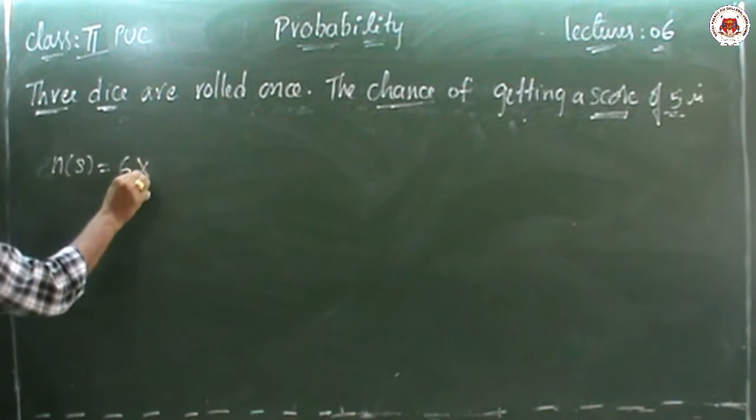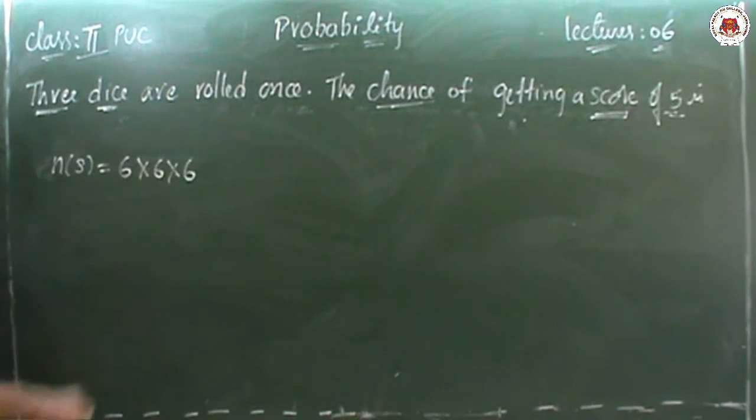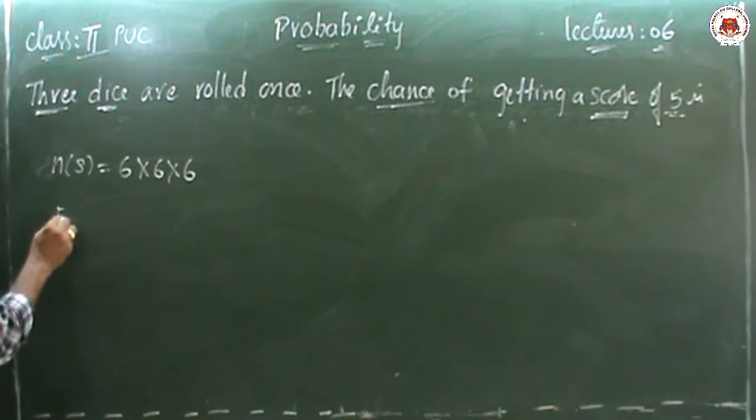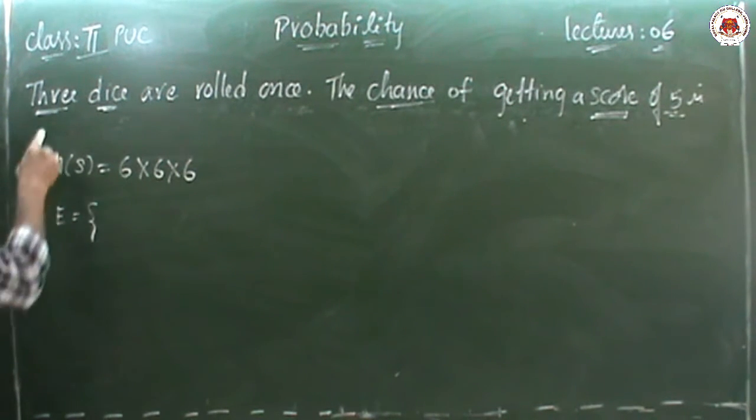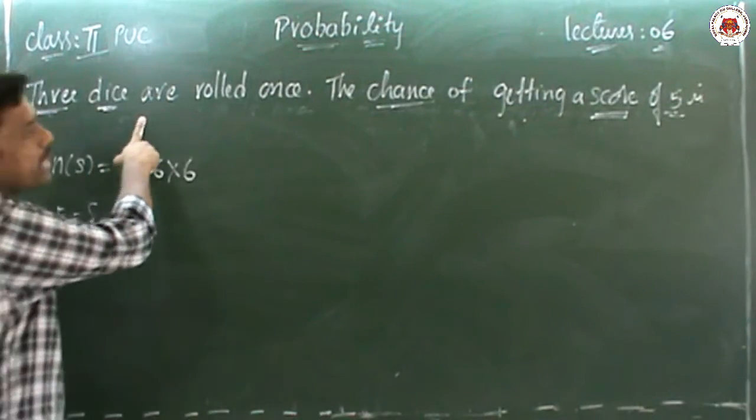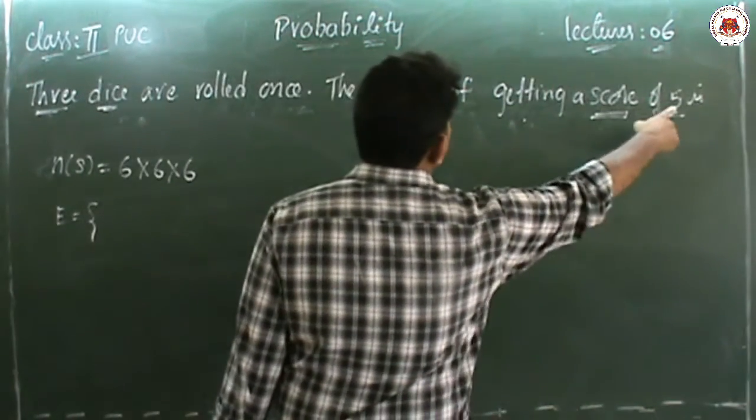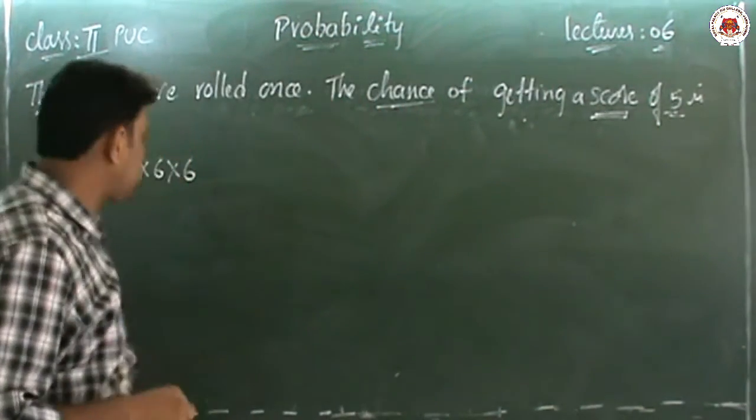There are 3 dice, so 6 into 6 into 6. No need to multiply, because of that it is easy to solve. That's why leave it there. Now, I am going to write event E. 3 dice are there. If we are adding the 3 dice numbers, the total is compulsorily equal to